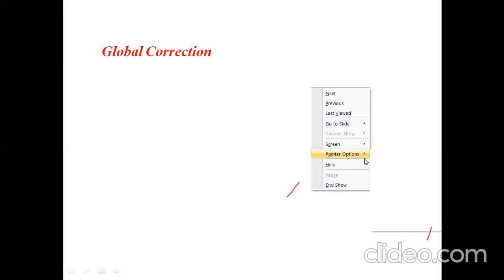This last one is global correction. Generally, in the global correction technique, algorithms are used, because the parser will use an algorithm to make modifications. It will use algorithms which scan the total input program and try to suggest some modifications.